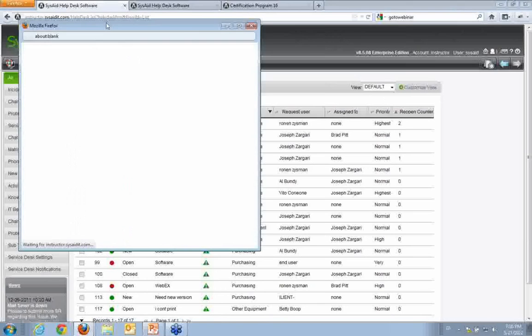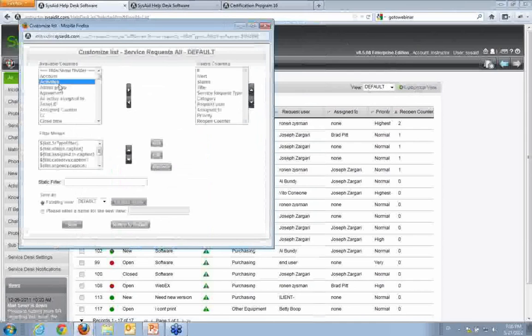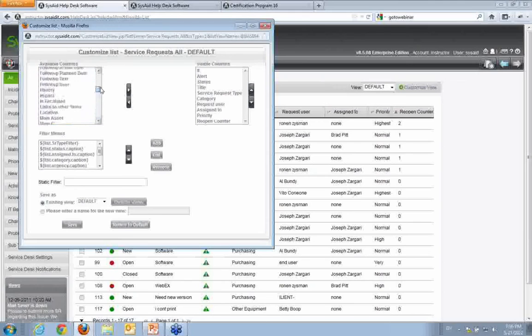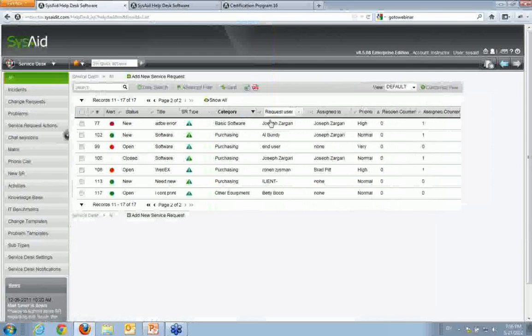So in this case, if we go again to customize view, we will go to the available columns and we'll select the column called reassign service request assigned counter. There you go. Save. Beautiful. So in here we see that the service request was actually assigned only once, or this was 0,